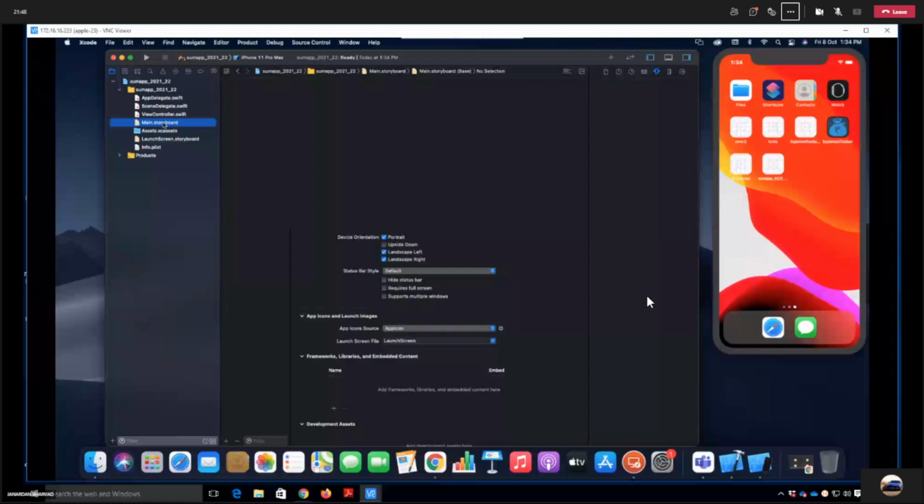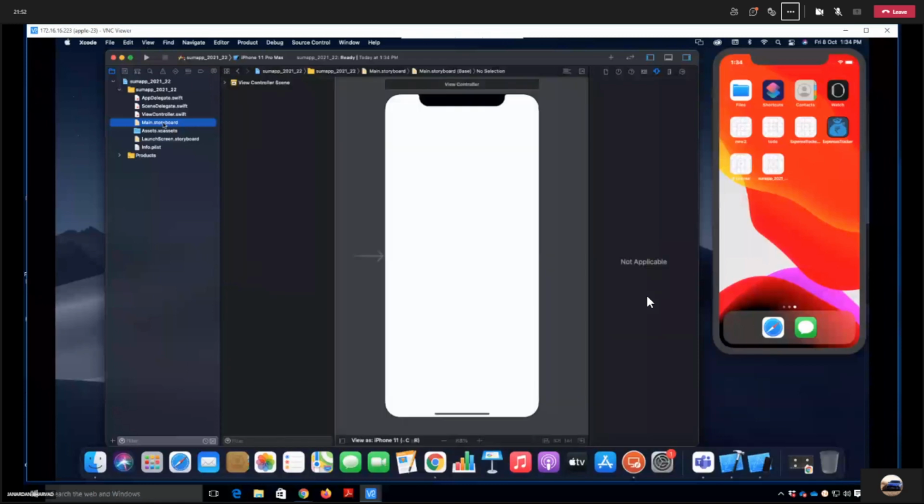practical, in which we need to add two edit texts, or we can say text fields. We need to add one button and we need to add one label as well. So we will take two inputs in the text fields. Whenever we click on the sum button, we want the result in a label. So that is what we need to do.